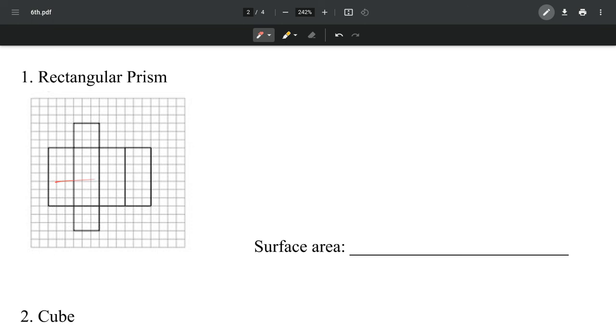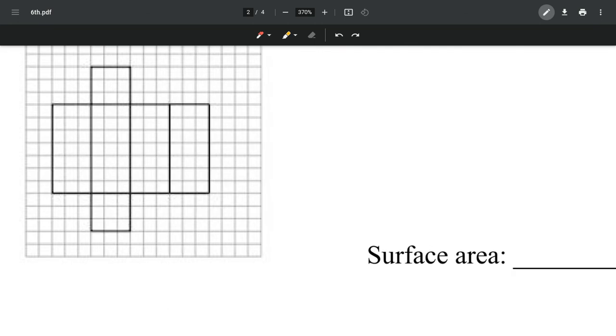And so we have 4 rectangles and 2 squares. Let's go ahead and find the area of the rectangle and the square. So the rectangle, it is 3 by 7, so that's 21, right? And we have 4, so that would be a total of 84